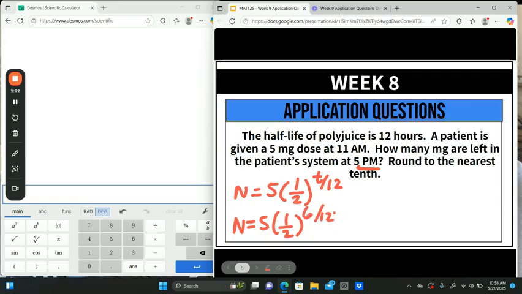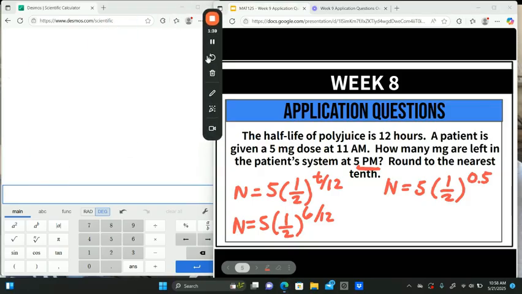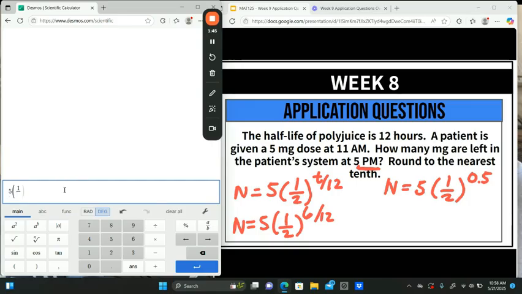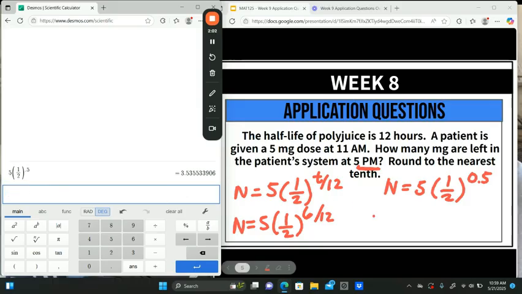All right? So 6 divided by 12 is going to give us a half. And this equation right here, we can type into Desmos, so we don't have to do all of that ourselves. So let's take a look. And you'll be able to do this on your test as well. So feel free to use it, start practicing, get comfortable with Desmos now, because you will have access to it. Times 0.5. Oh, to the 0.5. Okay, and so we get this number right here. So n equals